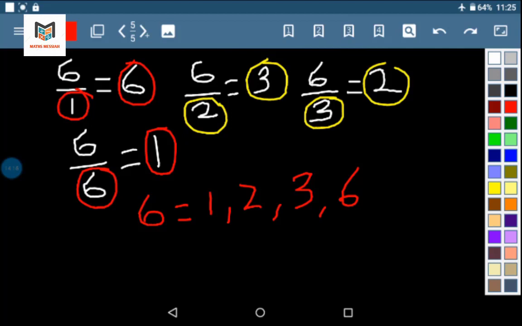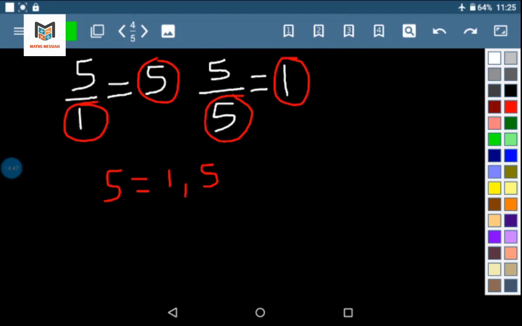You can test this if it is correct by multiplying the last one with the first one, and then these two, and multiply them and see if you will get 6. And if you are able to get it, then your answer is correct. There's one thing that I have to draw your attention to, and you must listen very, very carefully because it's very important. From the previous examples that we did,